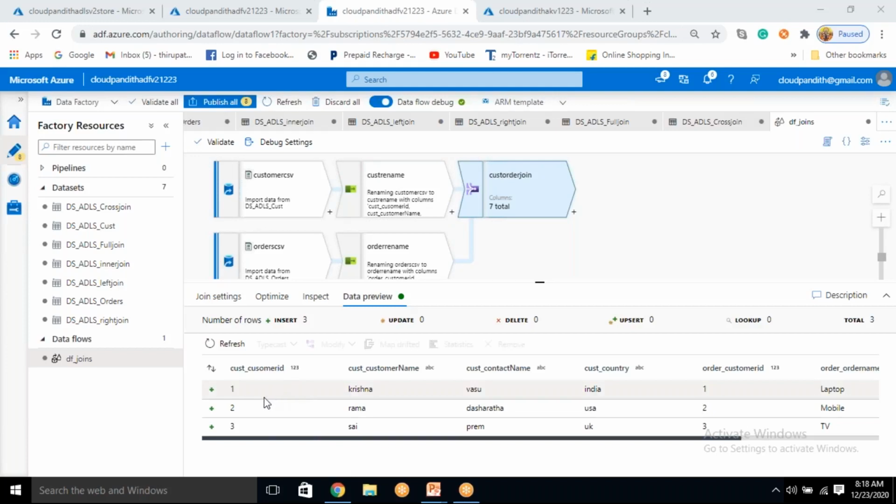Oh, sorry. So it's not in slides, right? I have changed. See, 1, 2, 3. There are 3 records matching. 1, 2, 3. Okay. There are 3 records matching. Now,